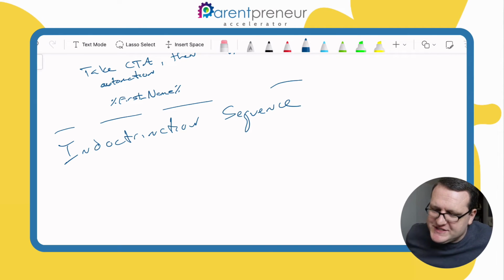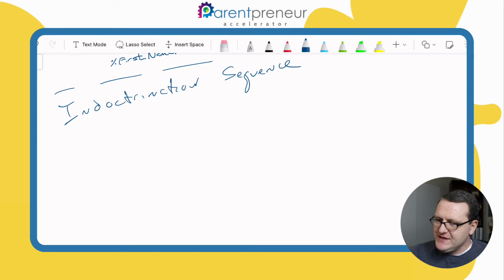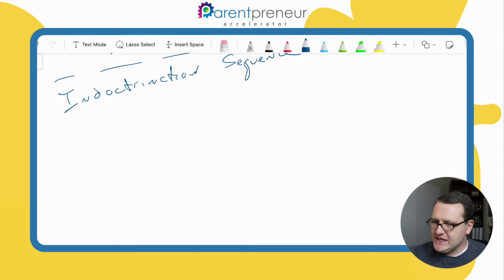So what's an indoctrination sequence? Once again, it's a series of emails and texts. And this one specifically really works when somebody schedules a call. You could do it when they apply, but most likely if they're filling out an application, then it's going to be a call. And so I like this one to be set up for after